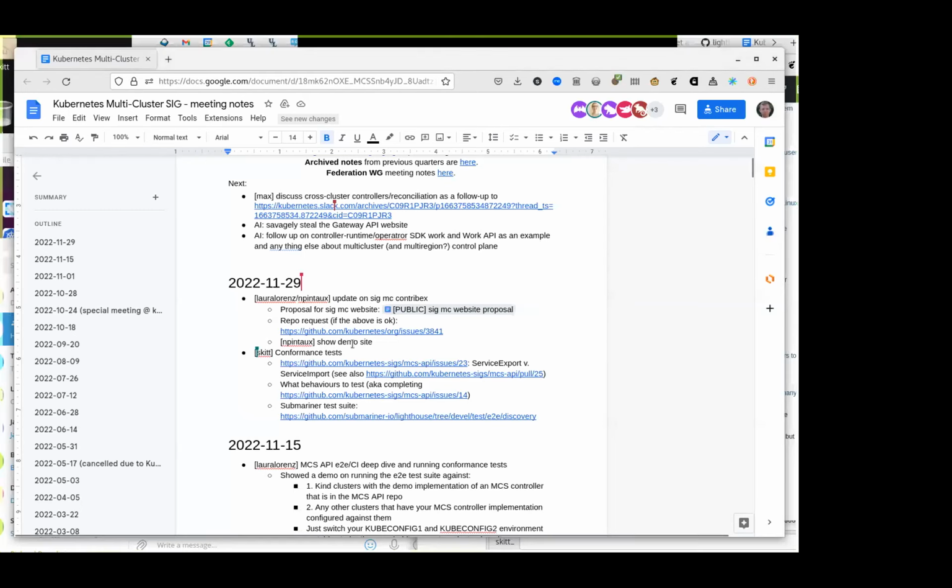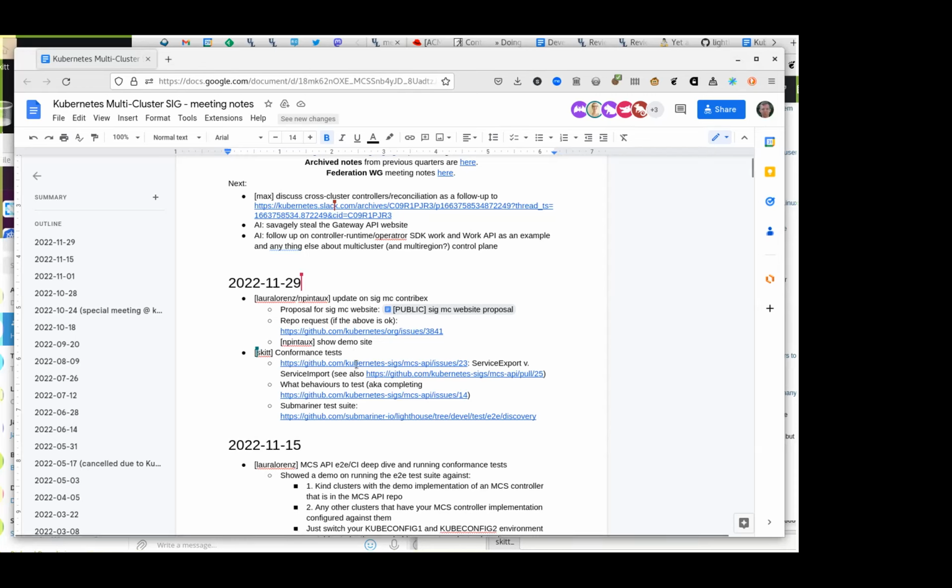Right, so following the last call, I took a look at the end-to-end tests in the MCS API repo with two goals in mind. One was to see what the conformance tests look like, and the other was to see whether Submariner passes them.